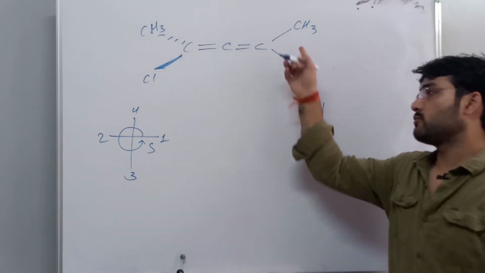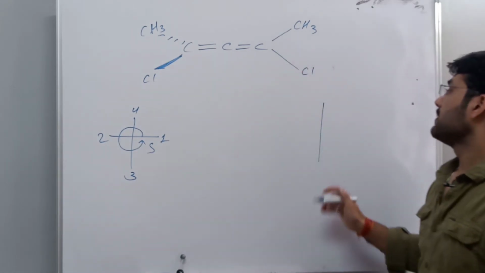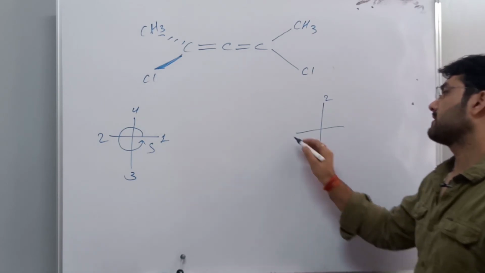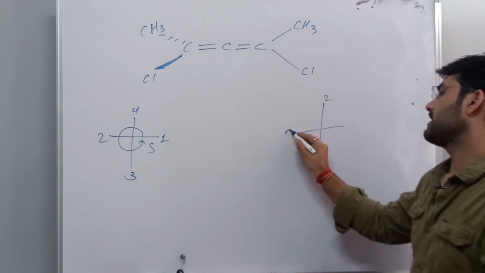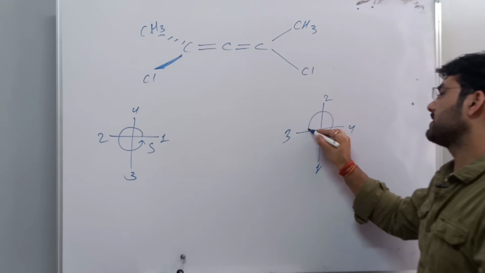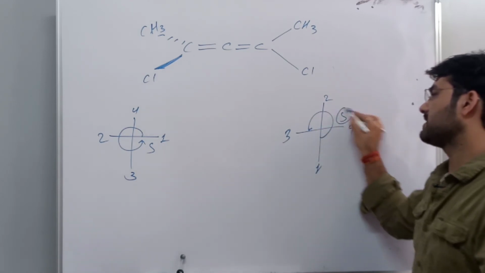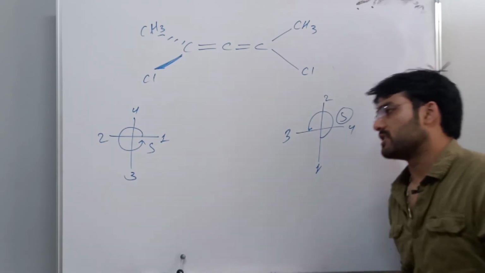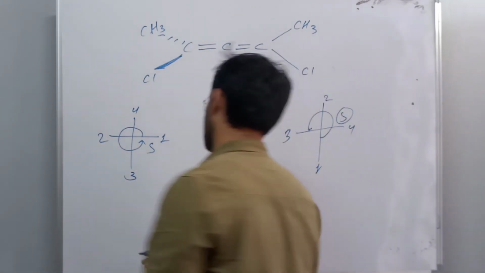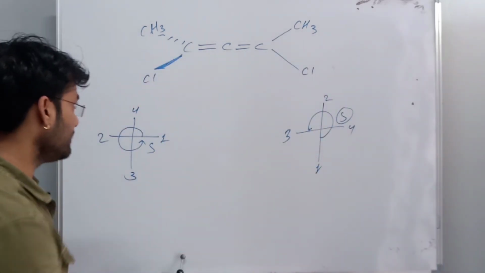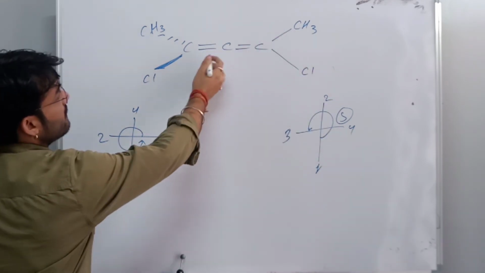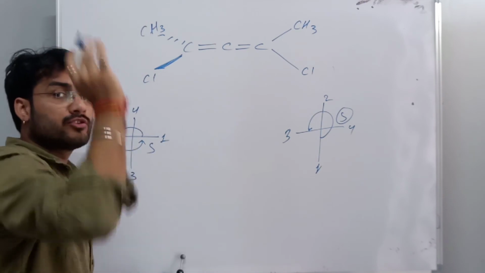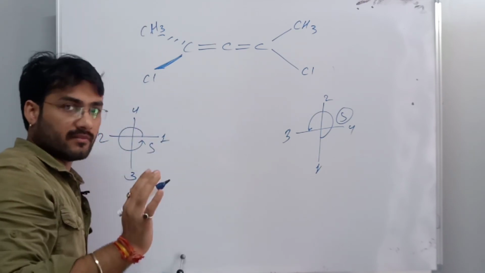Vertical, because these two bonds are coming towards me from this side. So 1, 2, and CH3 will be on the right hand side and this is the left hand side. Cl is here, it means 3 and 4. As you can see, 1, 2, 3 is coming. It means that this is S. There is no rule of the lowest priority group coming in the horizontal plane, so no need to change or reverse the absolute configuration. So you can see S, but the number of cumulated double bonds must be 2, or even, not